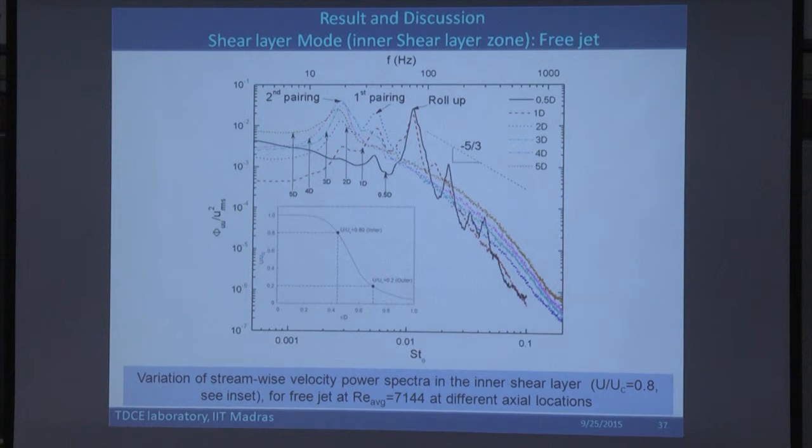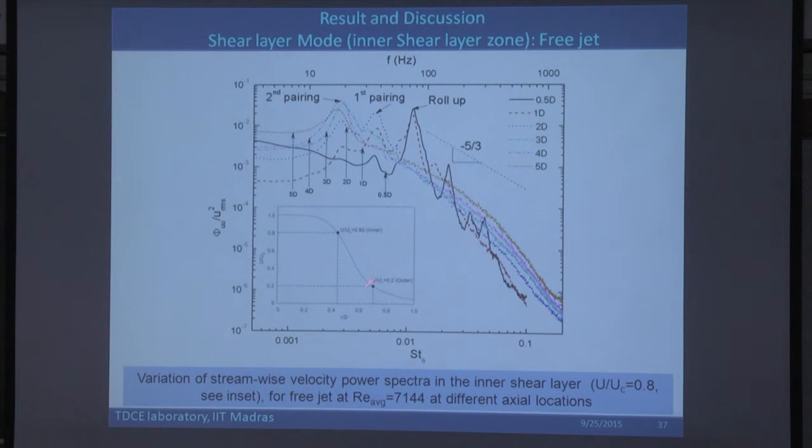Now going to the shear mode, in a free jet you could see what sir was talking about: there is a primary roll up where there was a cylinder, and you have one particular frequency and you have a subharmonic and a superharmonic. This is due to the vortex pairing. When two vortices pair together and form a bigger vortex, you will have this. When, instead of pairing, they split into several small vortices, then you have these subharmonics. So you have the first pairing, second pairing. First pairing is the place where two vortical structures join together. The second pairing is where two vortical structures join with a third vortical structure.